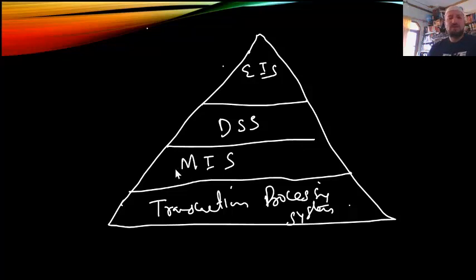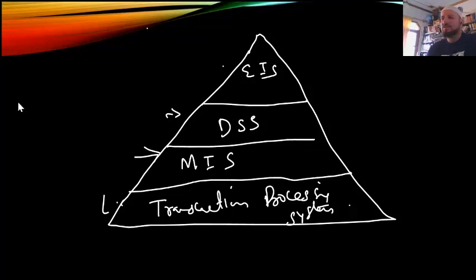So then we have the middle level managers, that's where management information system comes, and then again the middle level managers. Okay, this is actually between the middle and low level. Usually we have the 3 levels only, but here we have 4 levels. So MIS, which interacts here, is basically between the middle level and the low level managers, right? So this transaction processing system, which is at the operational level, at the worker level, on the bottom level, deals with all the transactions daily, which all the time go into that company or organization and come out of it.